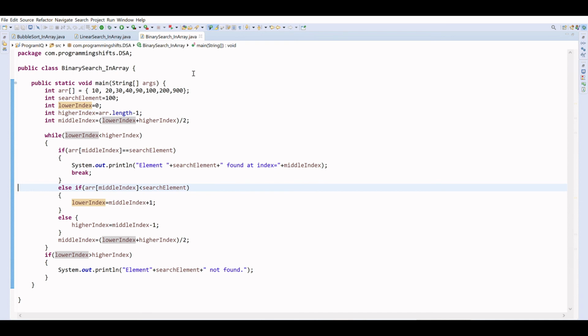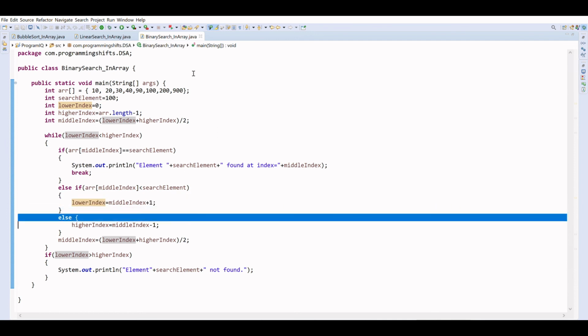If the element is greater than mid, we update the lower index to mid plus 1, as I told on the board.